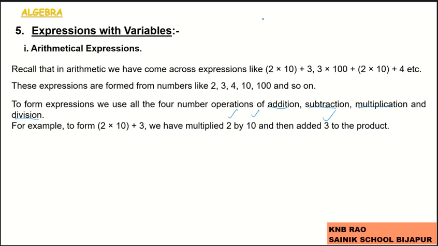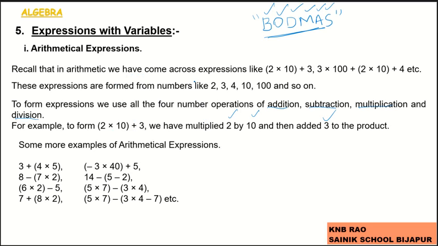We normally use one of the important concepts when you are learning for entrance exams, this BODMAS: bracket, of, division, multiplication, addition and subtraction. You have learnt this rule of simplifying arithmetical expressions. So, here the value of it is 23, and some more examples for arithmetical expressions are such as 3 plus